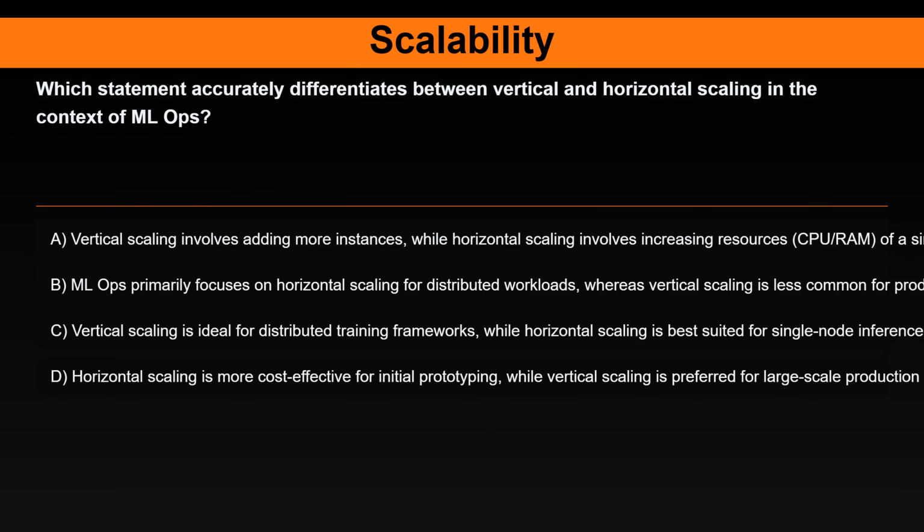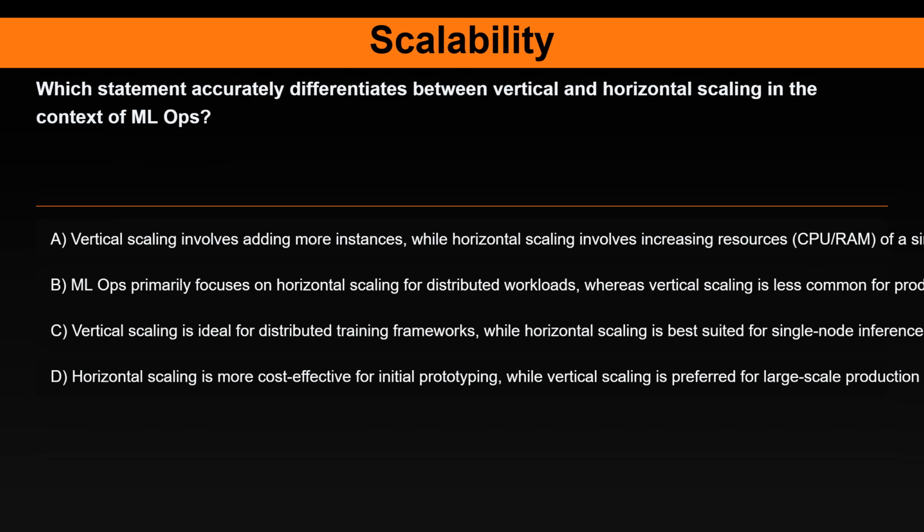Question 6. Which statement accurately differentiates between vertical and horizontal scaling in the context of MLOps? Option A. Vertical scaling involves adding more instances, while horizontal scaling involves increasing resources, CPU, RAM, of a single instance. Option B. MLOps primarily focuses on horizontal scaling for distributed workloads, whereas vertical scaling is less common for production ML systems. Option C. Vertical scaling is ideal for